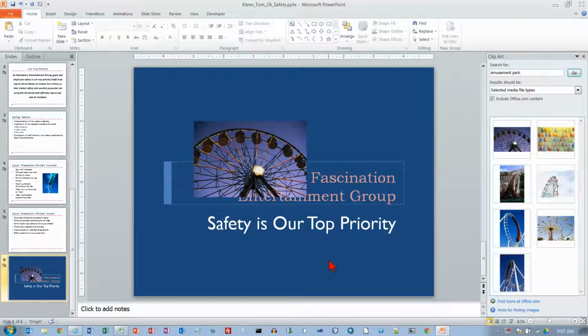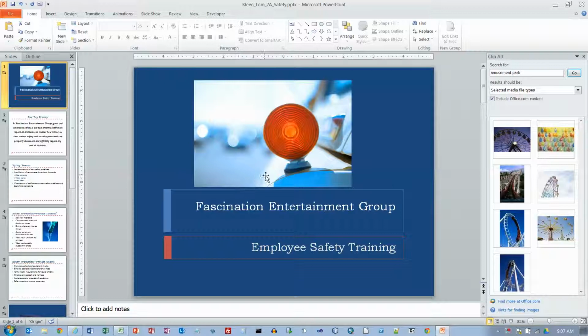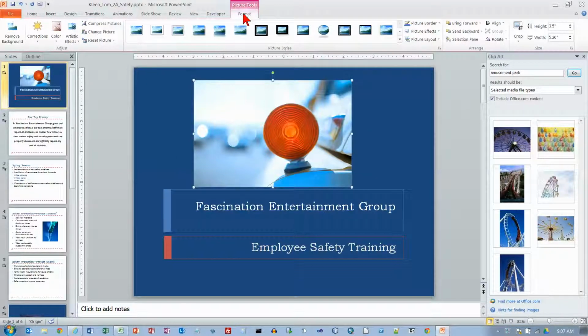This is PowerPoint Chapter 2, 2A, Part 2. We are picking up on Activity 2.07 on page 727. And we want to go to slide number 1, so we need to scroll up here and select the picture. And the handles appear around the picture, and the Picture Tools tab appears up here. On the Format tab, in the Size group,